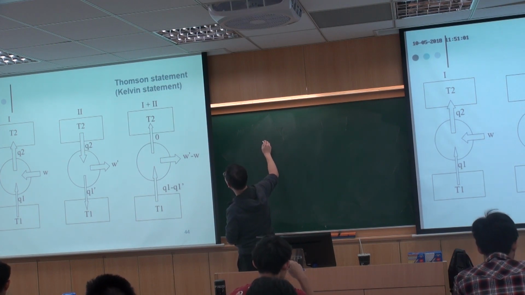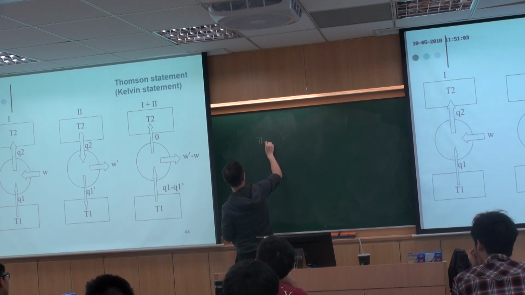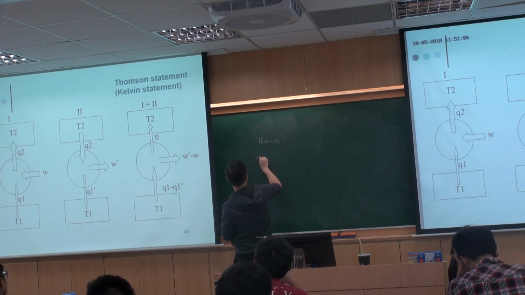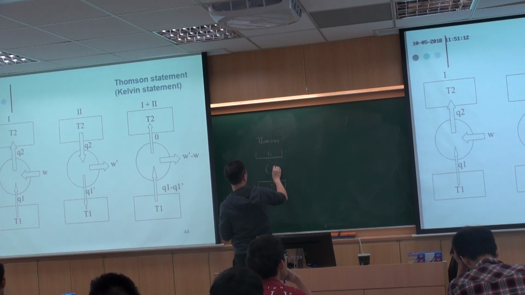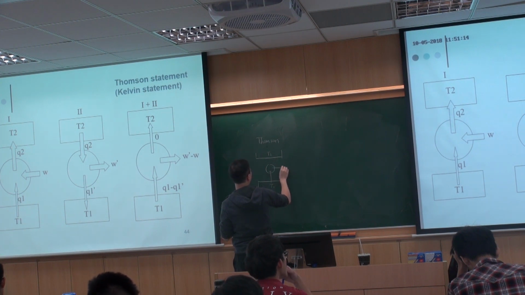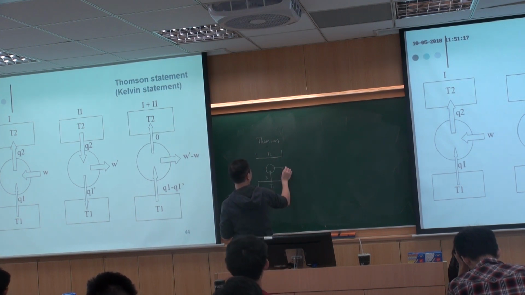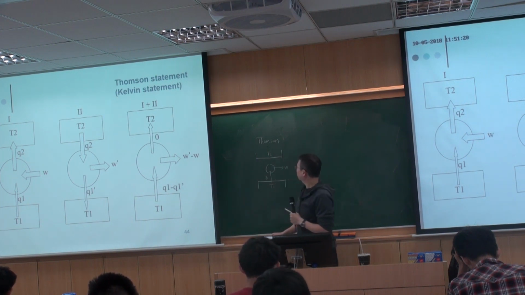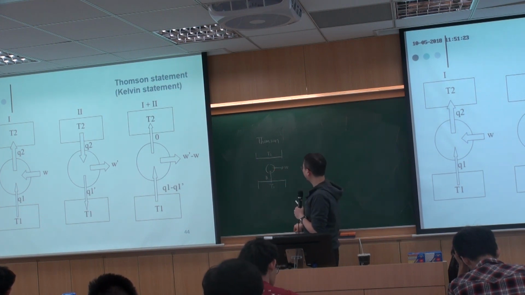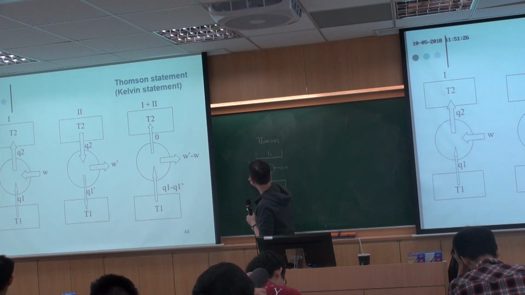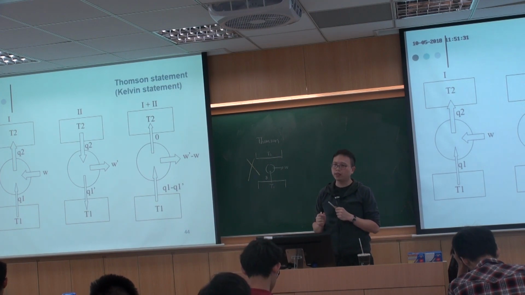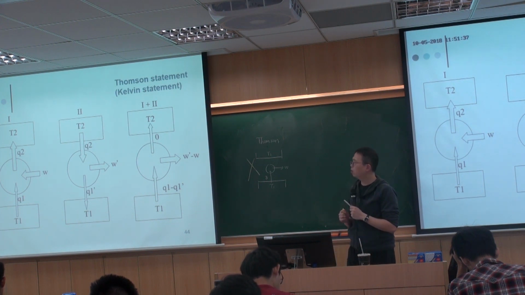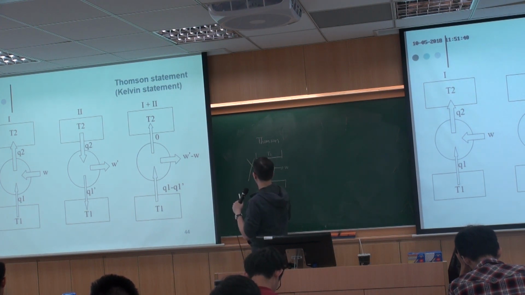So this is, let's say, Thomson's heat engine that completely converts heat into work. And this is impossible. Therefore, we know that we cannot create a heat engine that has efficiency greater than the Carnot cycle. Since this is impossible,